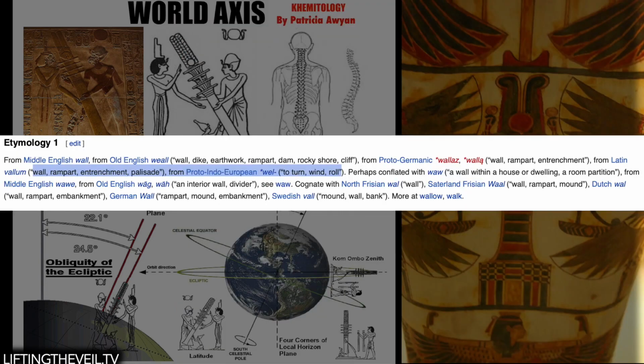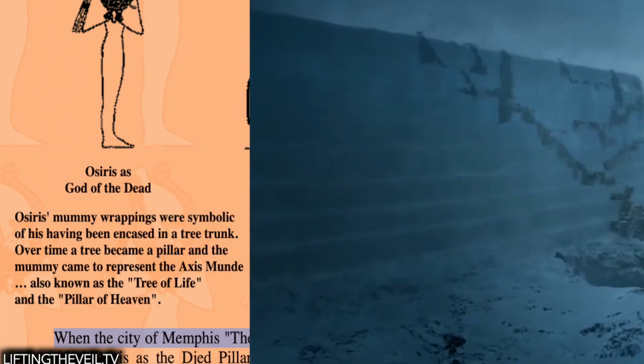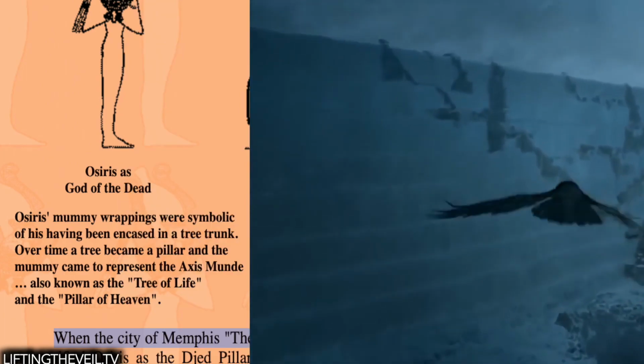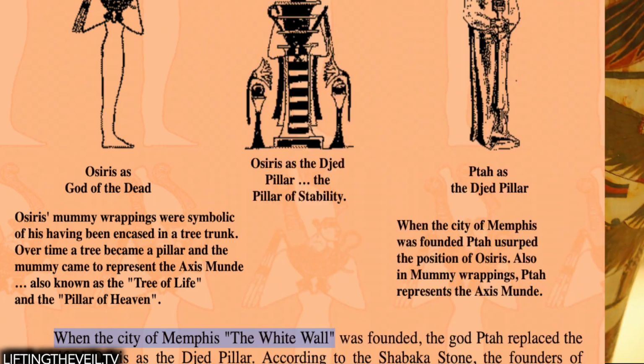So it is the same root meaning, the same root as to turn, to spin, or to rotate around the axis, the spindle. Just as Bran Stark at the feet of Osiris is divining the white wall. So in ancient Memphite theology, the god Ptah eventually replaced Osiris as the Jed pillar. And as we covered in Symbols of Power Part 2 and Part 3, again, what I showed you earlier is